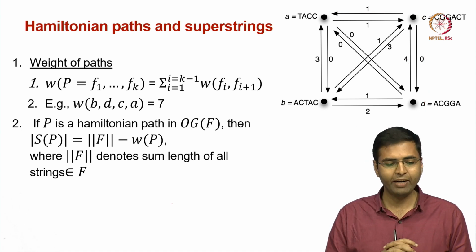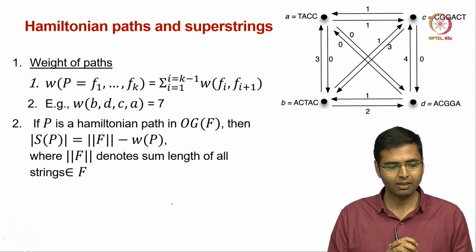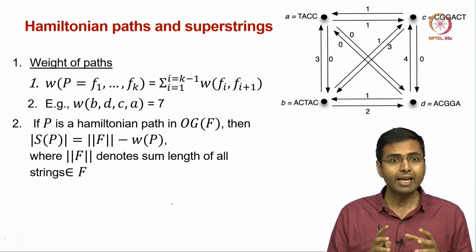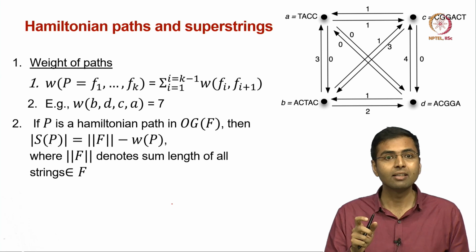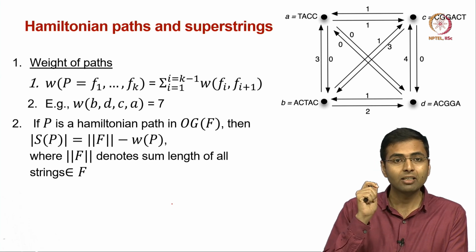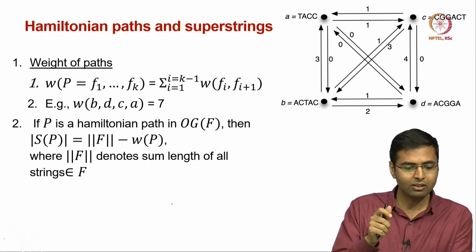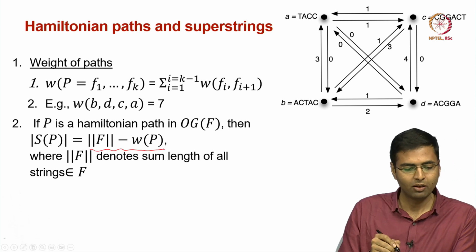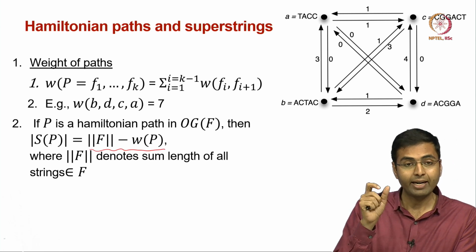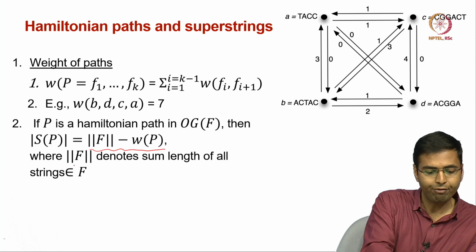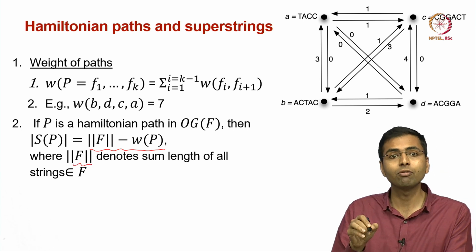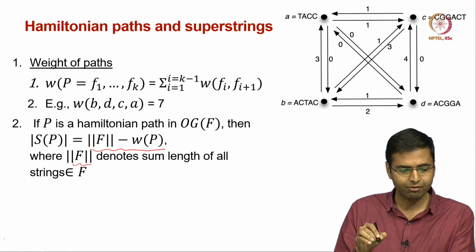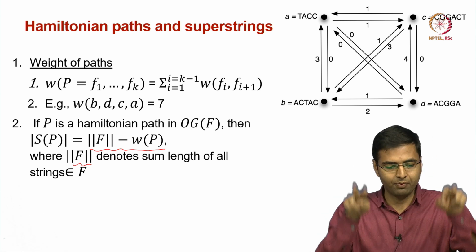So, now we have defined the weight of a path. Now, let us say P is a Hamiltonian path in the overlap graph. Then observe that the length of the string spelled by this path is equal to this expression, where F denotes the sum length of all strings in F. So, I am denoting this as a double vertical sign,